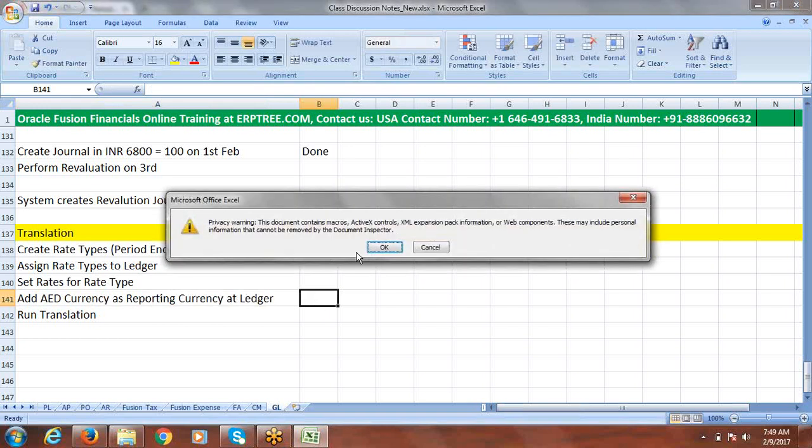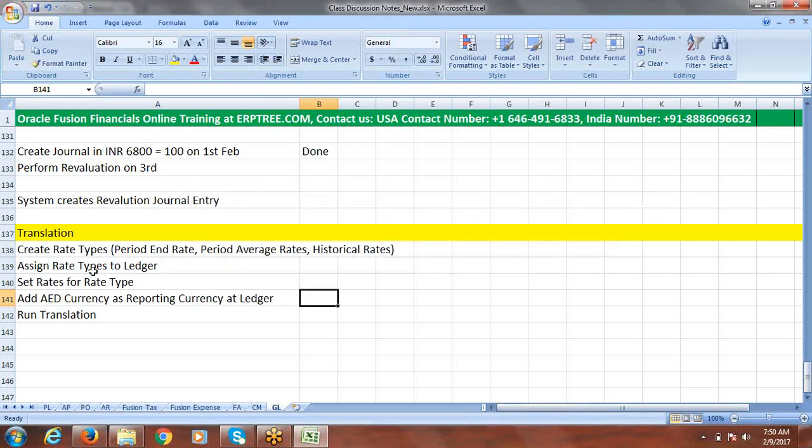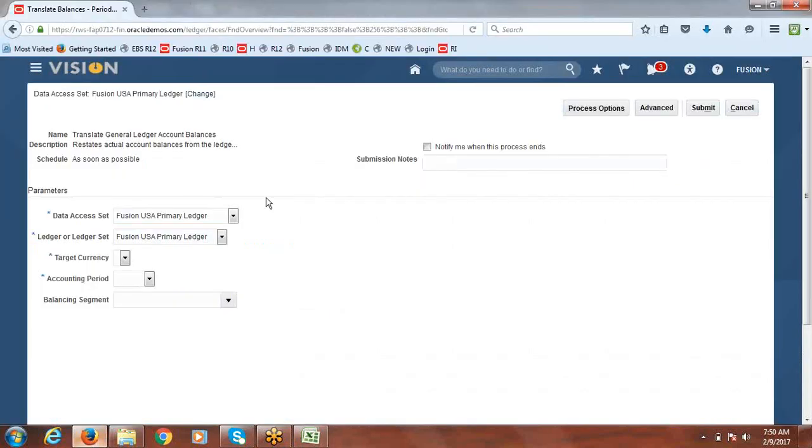Okay, so since we are going to translate our functional currency in this process, generally we treat this as a subsidiary ledger. Our ledger we have to treat as a subsidiary when you are doing translation, based on the concept called consolidation. So now we have to add AED currency as a reporting currency in our ledger, and we have to make sure that the conversion level would be balances, because this is a translation that should work at balances level. Okay, let's go to ledger and we'll add this AED currency as a reporting currency, and we'll go and set the reporting related options.